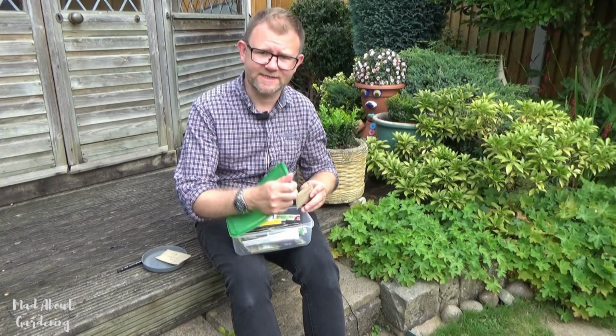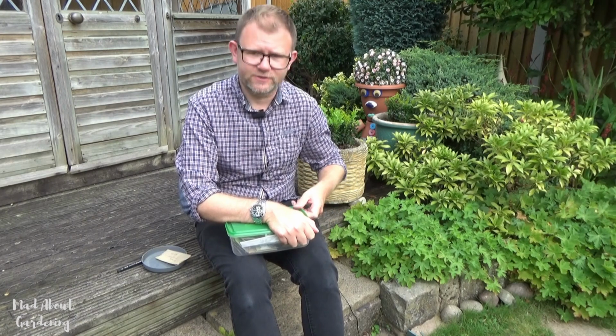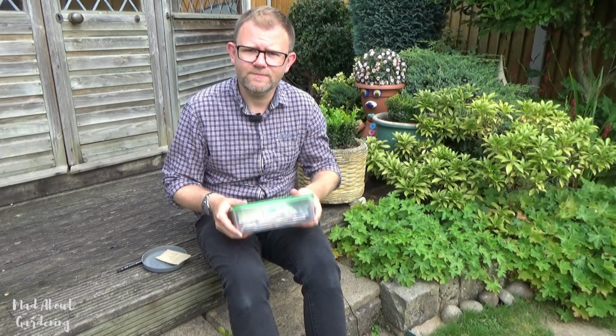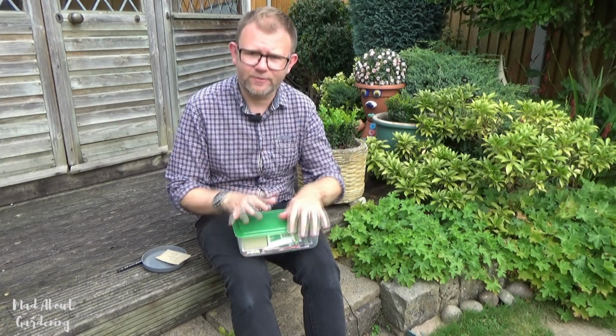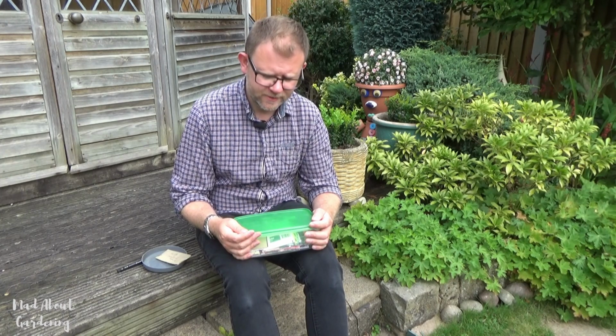So I store all our seeds in just one of these sandwich boxes. It's got a nice lid, it's airtight, and they'll just go in there until the spring, and this will be kept somewhere cool. We used to keep all of our seeds in the bottom of the fridge. That worked really well, but we don't have a really big fridge anymore, so the space is limited. So we're just depending on putting these in the bottom of our pantry, which is cold enough, and they'll stay